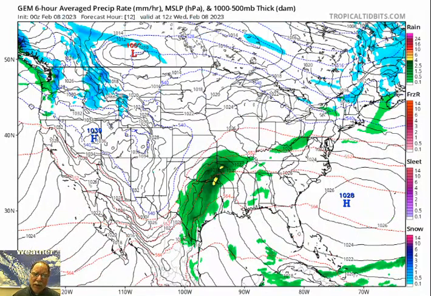Well, now let's take a look at the corresponding run of the Canadian model. This is from 0Z last night. Again, a mild day in the Mid-Atlantic region. A lot of moisture riding in off the Gulf of Mexico into Louisiana and Mississippi, the lower Mississippi Valley region. There can be severe weather later today into tonight.